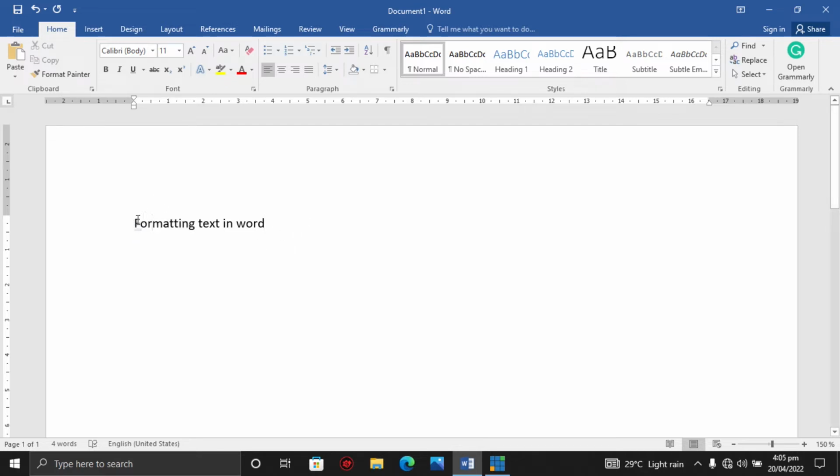So you click from the beginning of the text, click on your mouse. So you left click, hold and drag. So when you left click and you hold and drag, you've selected the text. So the next thing you have to do is to go to the tools that you could use to actually change the font size, color, and style.